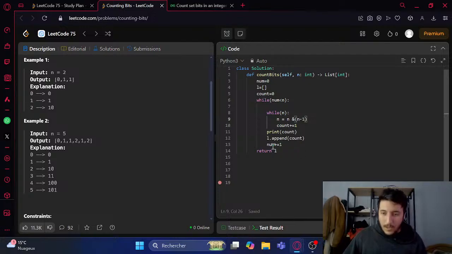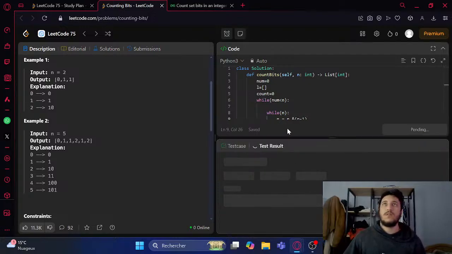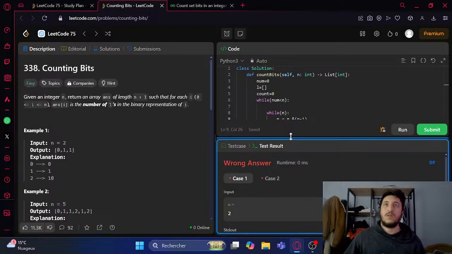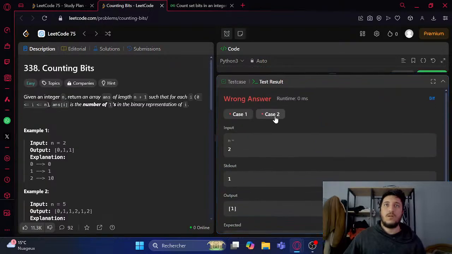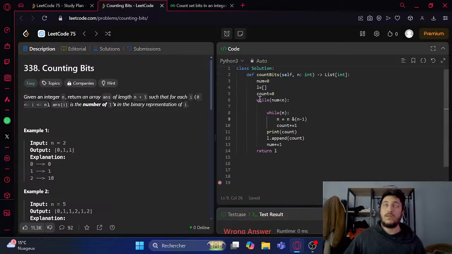But then I'm going to increment this or what? Okay, so it only did one number, which is the number itself, which is n. But now I have to